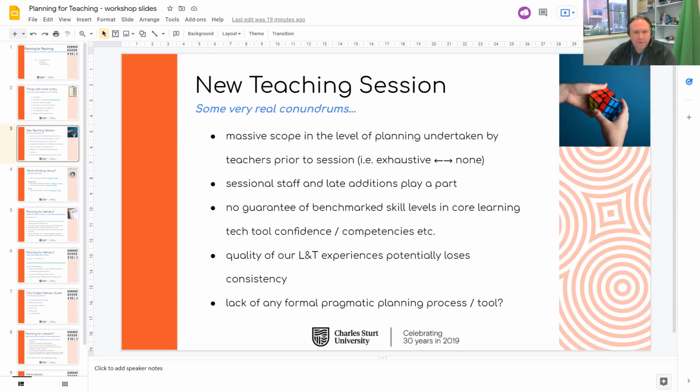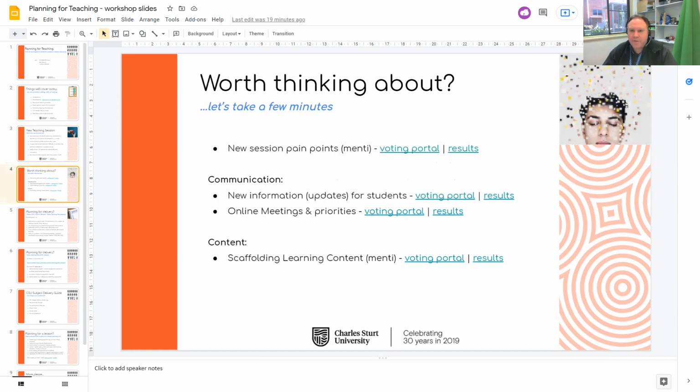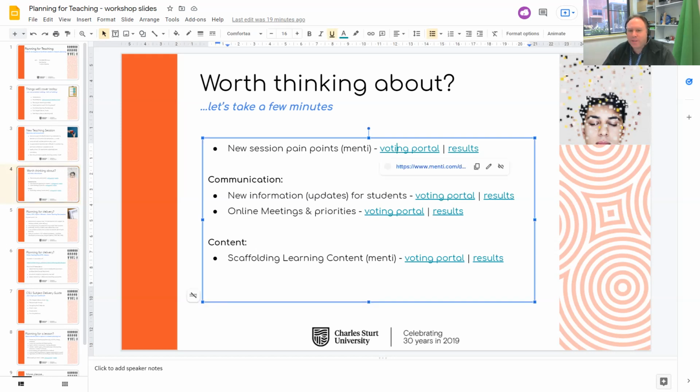So first thing for us to do in this discussion before we open the tool itself is to get a little bit of feedback from yourselves. First thing I'd like to ask all of you to think about is your challenge points, pain points, if you will, when we come up to a new session. What are the things that consistently challenge you? Jed's dropped the link to the Menti into the chat pod, so click on that and we will have a look at the results as they come in.